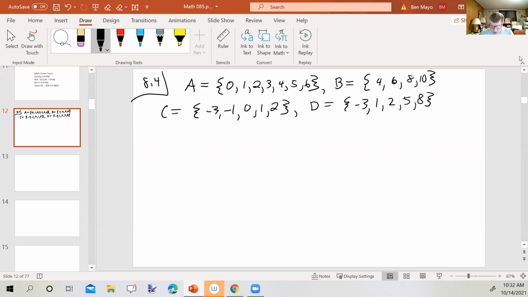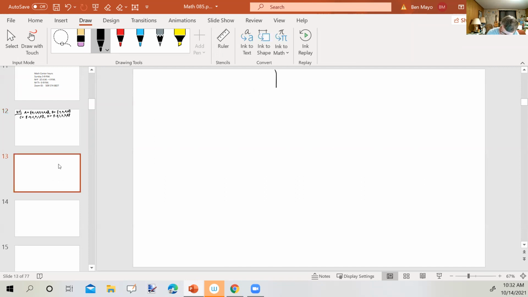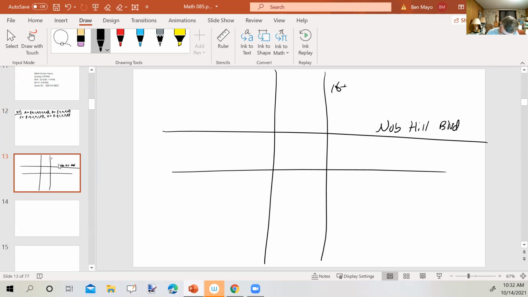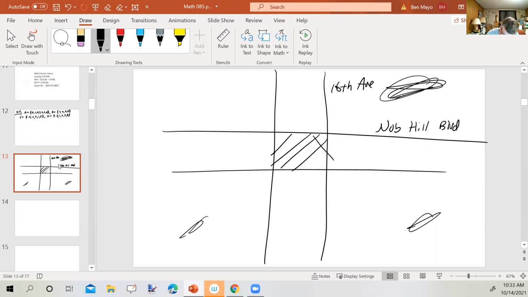Okay. So each of these sets has certain numbers or elements in it, as we can see here. I want to talk about a couple of symbols and a couple of ideas. So we'll come back to that in a minute. Let's say that this is Nob Hill Boulevard, and this is 16th Avenue. So basically the main part of the college is right here, though now there's parts of the college here, and who knows, someday. This piece right here,